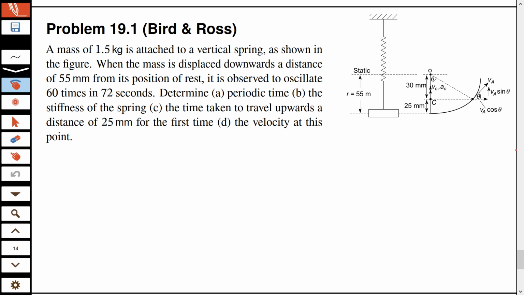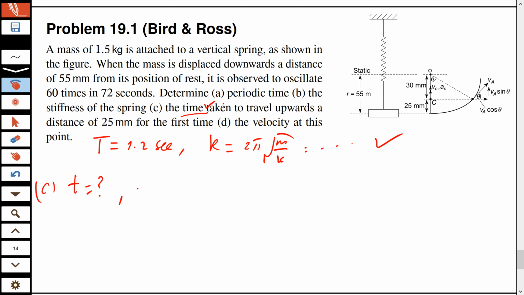So first I'll write down that in part A we have calculated t, which is 1.2 seconds, and that gave us the value of k. In part B, which is 2 pi m over k, I will know this value, and now I want to solve part C. Now, because I'm interested in the time taken, and I am given y, the vertical distance. Now, because I know it is simple harmonic motion,